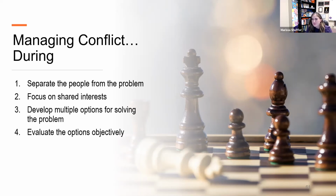When you're having the conflict, focus on the task, focus on the shared interest, focus on the problem, not the people, because that's where we can do a better job of getting a more objective, more rational outcome. Again, this is not always the best thing to try in the heat of the moment. If it is a really intense conflict or discussion, then maybe do some avoiding for a little bit to let things calm down, so that an appropriate decision is made and it's not based on personality-based